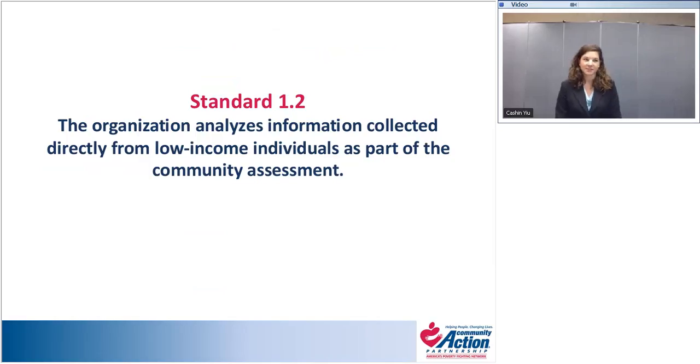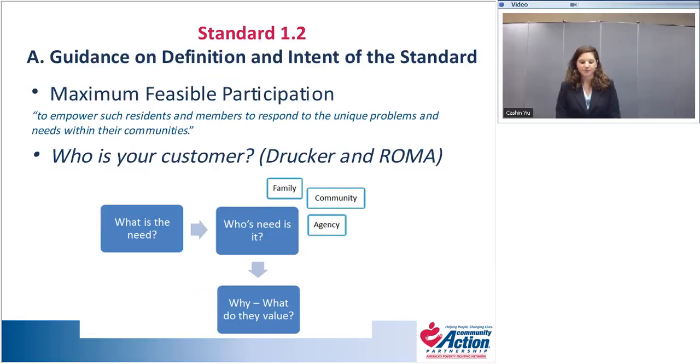So getting into standard 1.2, it reads: the organization analyzes information collected directly from low-income individuals as part of the community assessment. Looking at the first piece, about why the standard is included and what the intention is, takes us back to maximum feasible participation and the CSBG Act. Really thinking about the fact that communities, and also the needs of communities and the people in those communities, change. So figuring out who is there and what they think the biggest needs are is really the intention